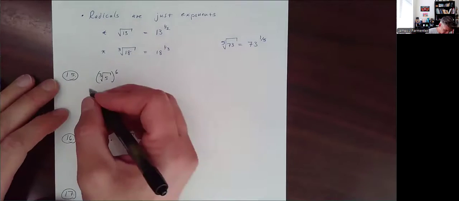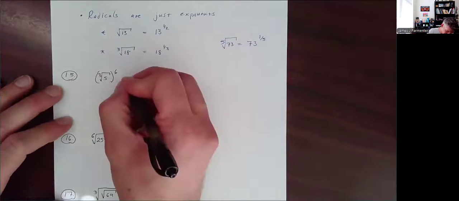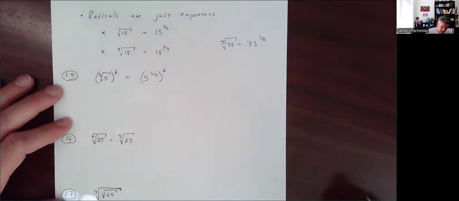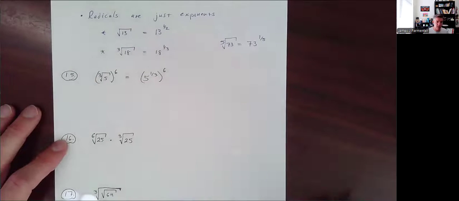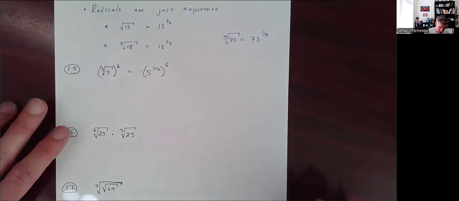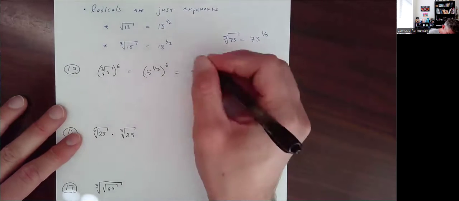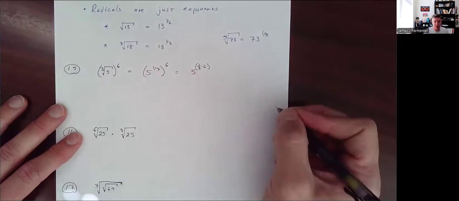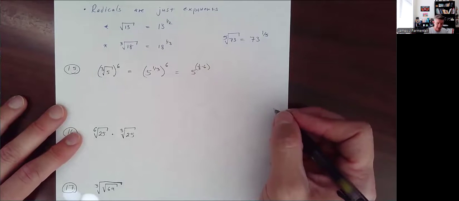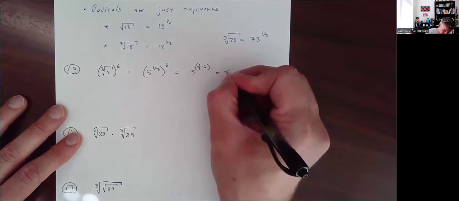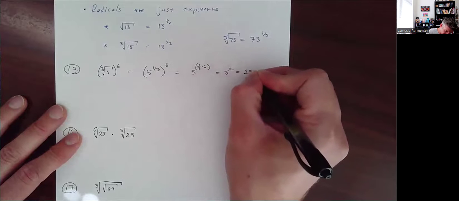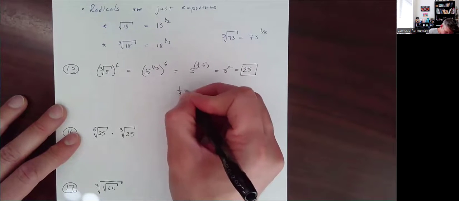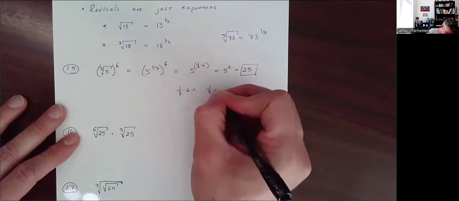radicals. For example, if I want to simplify the cube root of 5 to the 6th, I'm going to write it as 5 to the 1/3 to the 6th. And then when you have a power to a power, we can multiply those powers. So I can really write this as 5 to the 1/3 times 6. 1/3 times 6 is the same as 6 divided by 3, which is 2. 5 squared is 25. Just to clarify on this here, 1/3 times 6 is the same as 1/3 times 6